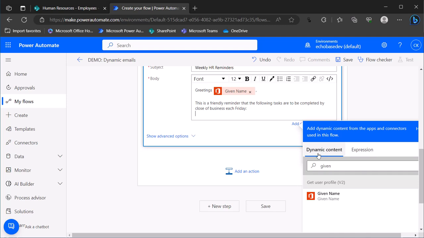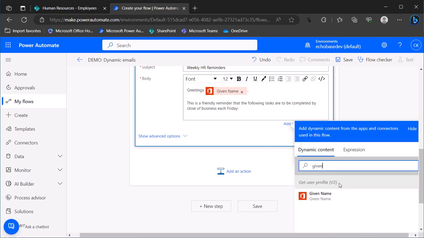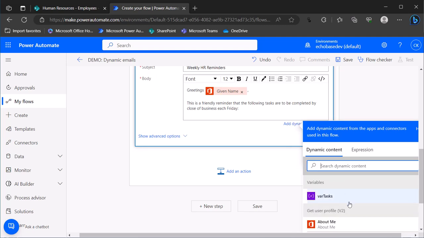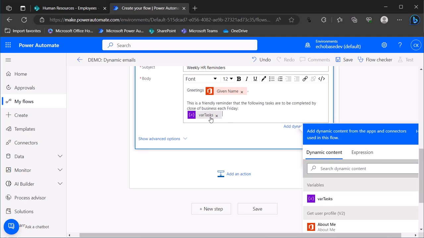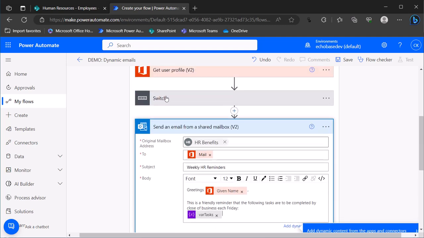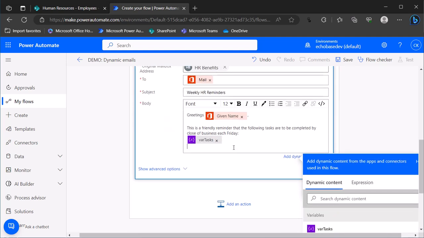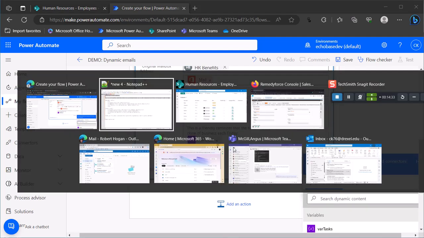Then I want to insert var tasks. So again, this is going to populate in whatever value has been assigned to that variable in that switch statement. And then we want to close with our